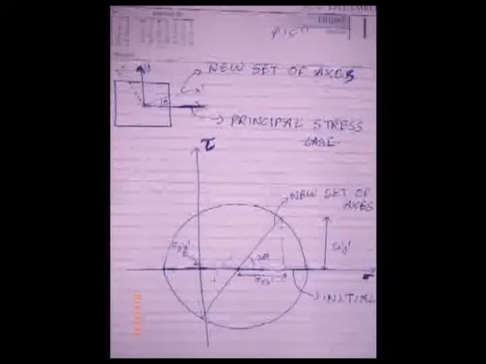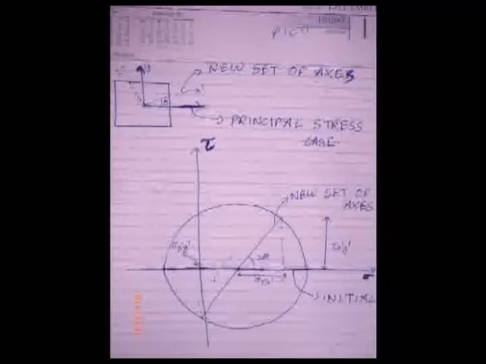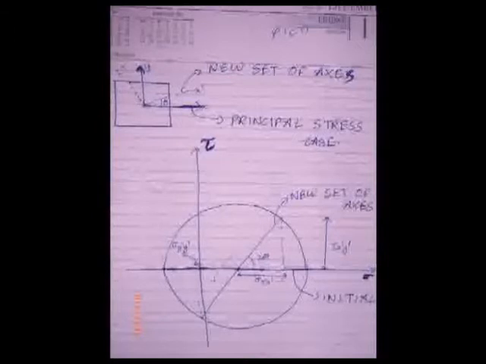So for now suppose this initial set of coordinate axes depicted nothing but the plane, but the principal stress case. So the line which will be depicting this plane would be nothing but the horizontal diameter corresponding to the x-axis, that is the sigma axis.